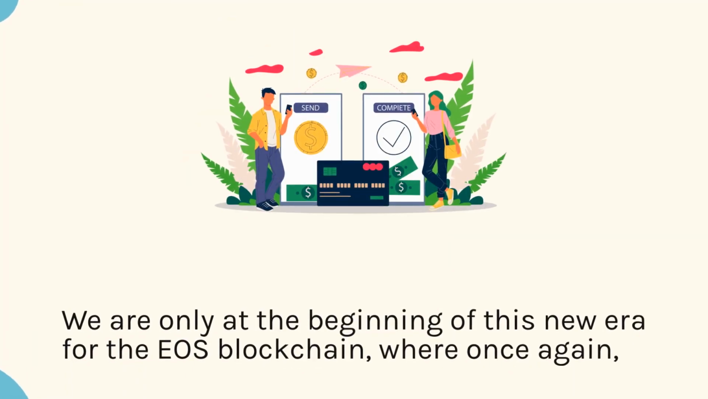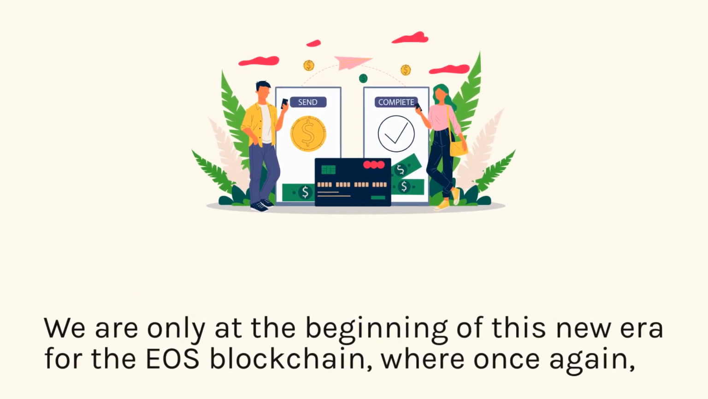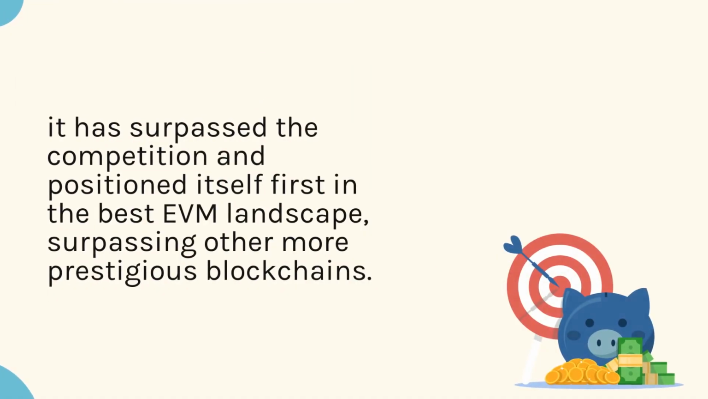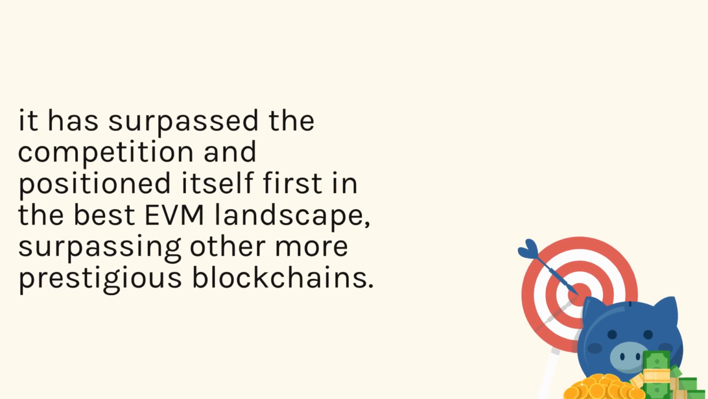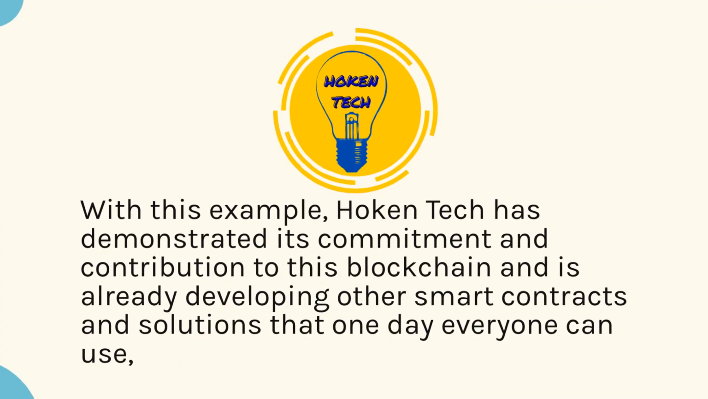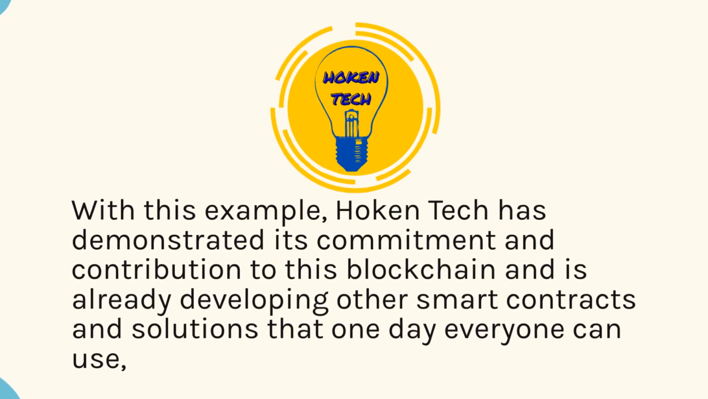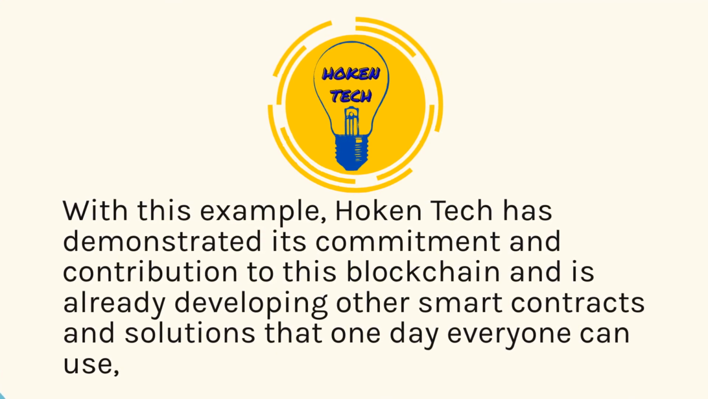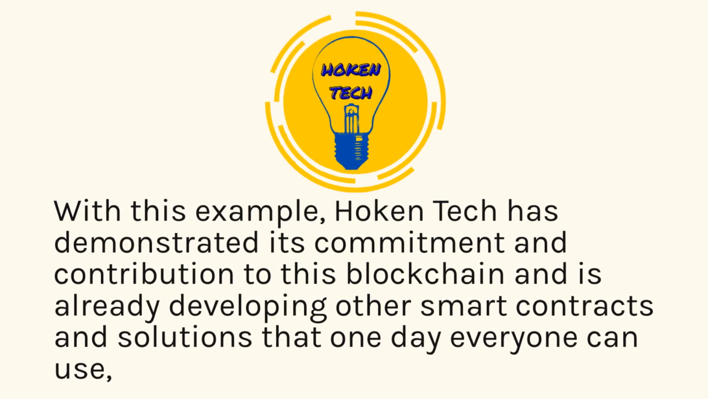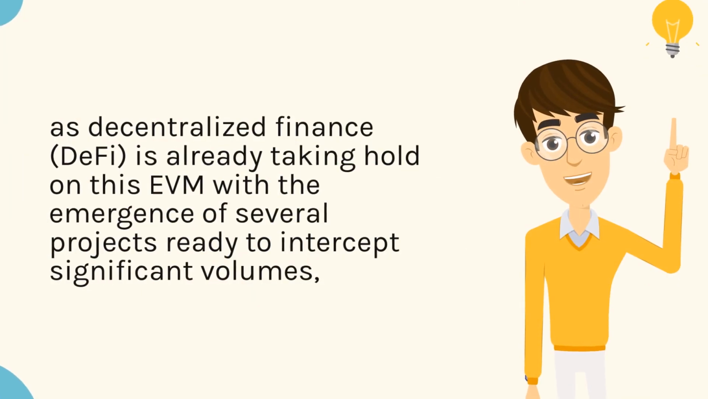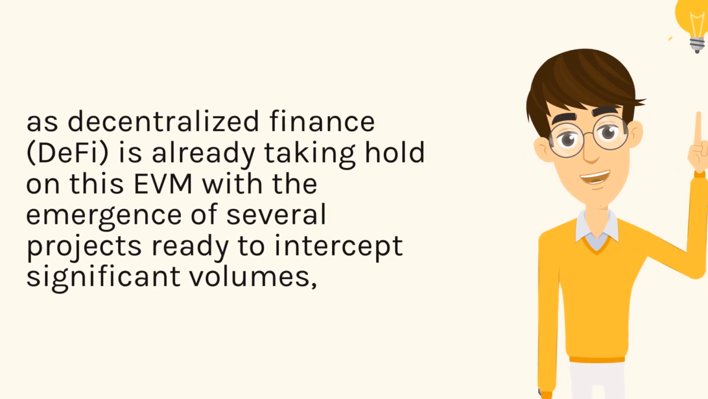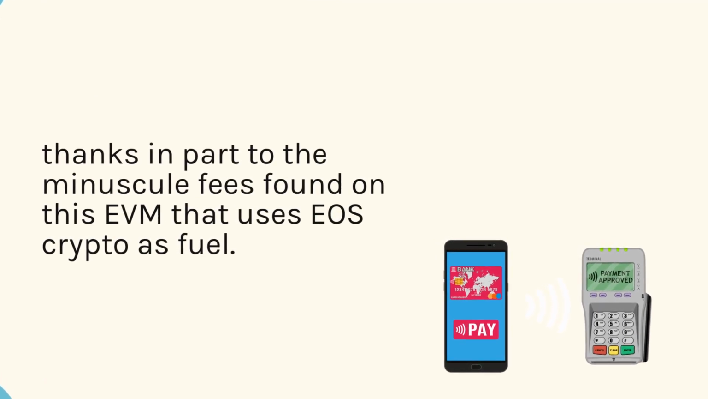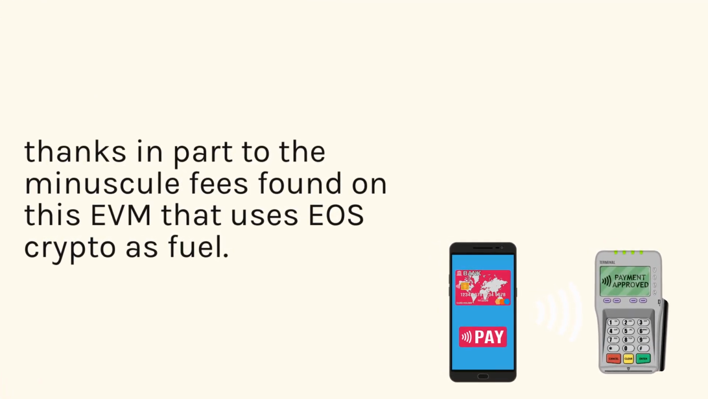The future of the EOS EVM. We are only at the beginning of this new era for the EOS blockchain, where once again, it has surpassed the competition and positioned itself first in the best EVM landscape, surpassing other more prestigious blockchains. With this example, Hoken Tech has demonstrated its commitment and contribution to this blockchain and is already developing other smart contracts and solutions that one day everyone can use. As decentralized finance, DeFi, is already taking hold on this EVM with the emergence of several projects ready to intercept significant volumes. Thanks in part to the minuscule fees found on this EVM that uses EOS crypto as